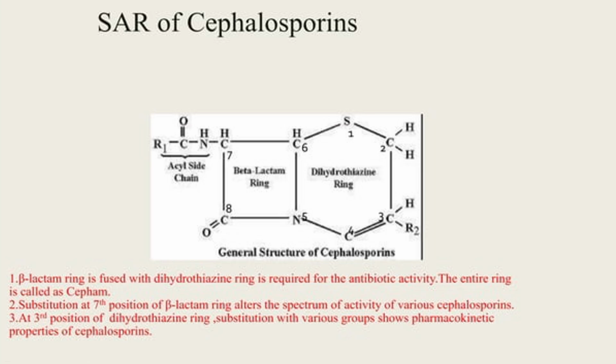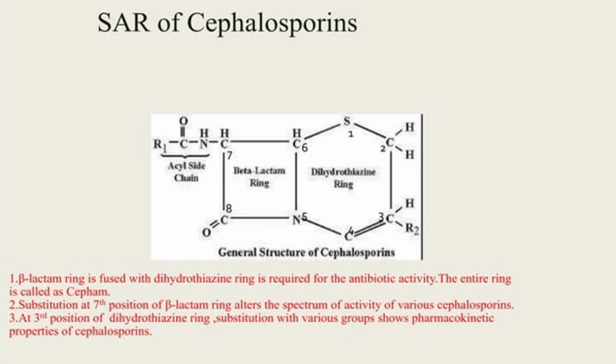In case of spectrum of activity, they are effective against either gram positive or gram negative microorganisms. So if we substitute anything at carbon number 7, it will alter or change the spectrum of activity towards the infections. At the 3rd position of the dihydrothiazine ring, if we substitute R with any functional group,